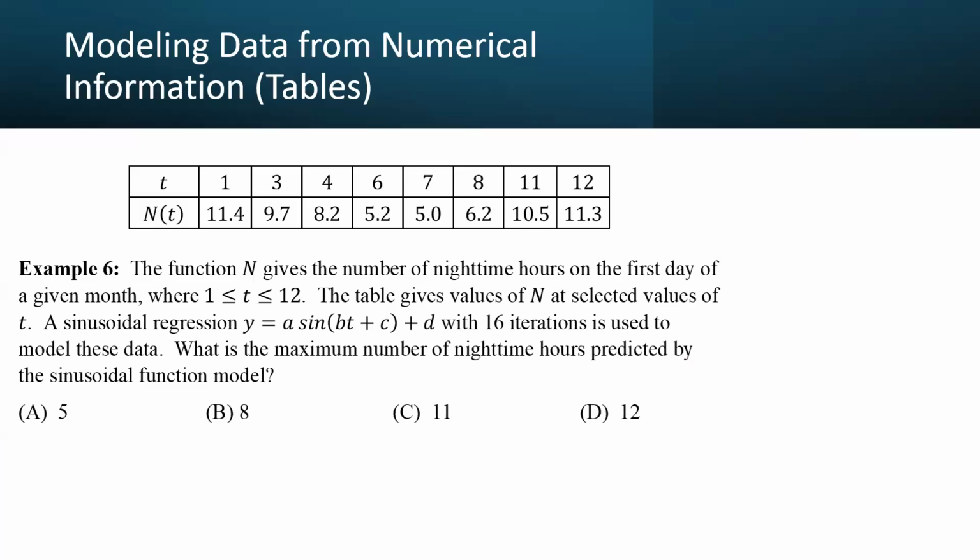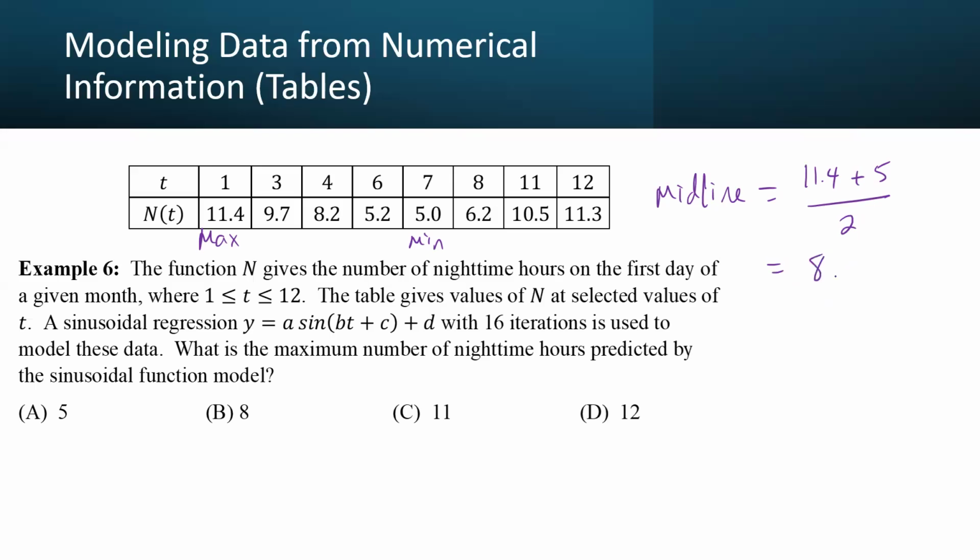Okay. So here, in order to find this, you would have to find your A and your D. Does that make sense? Your D is your midline, which is the average between your max and your min. So first I'm going to identify what is my max here. My max is roughly 11.4. And what is my min here? 5. Agreed? So therefore D, my midline, equals 11.4 plus 5 divided by 2, which is